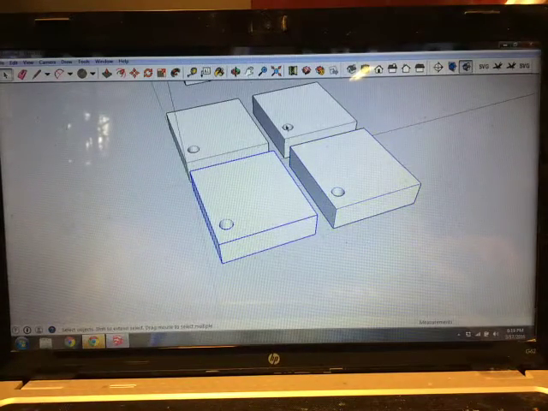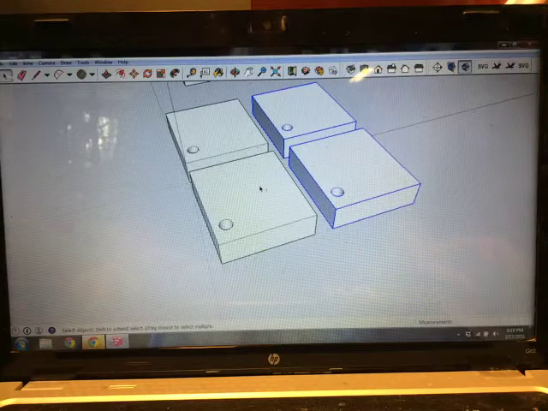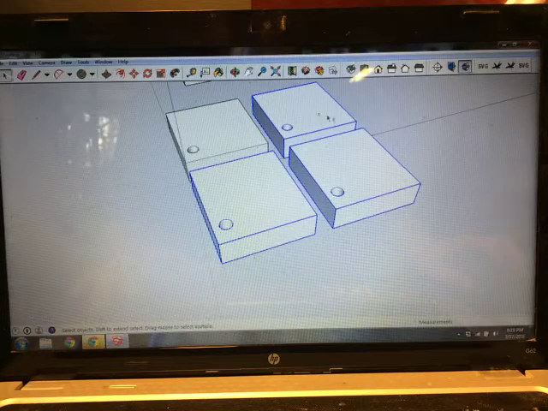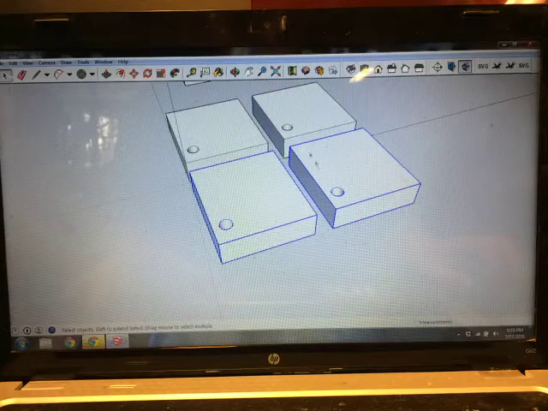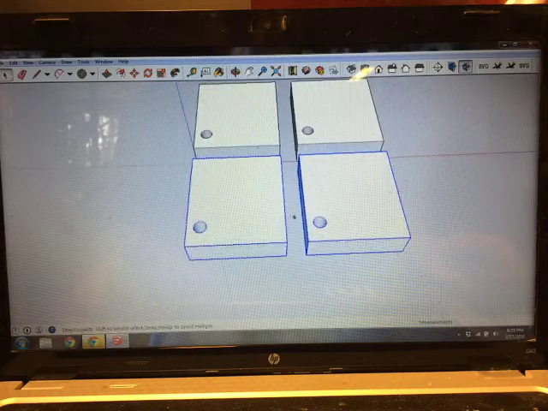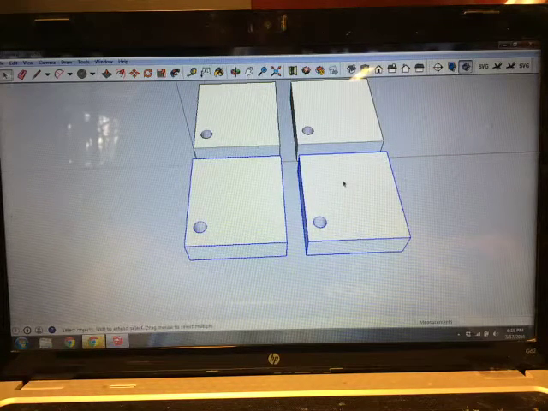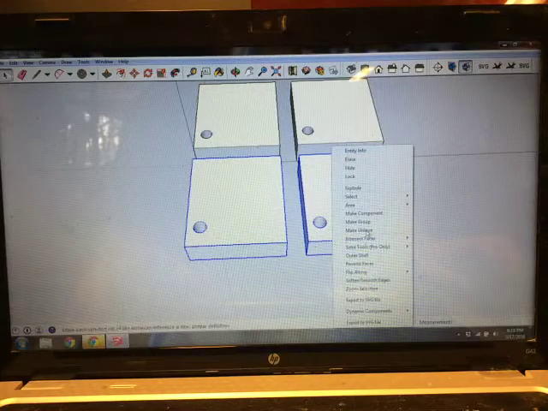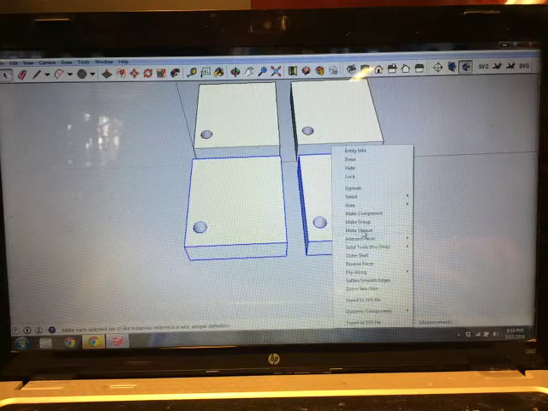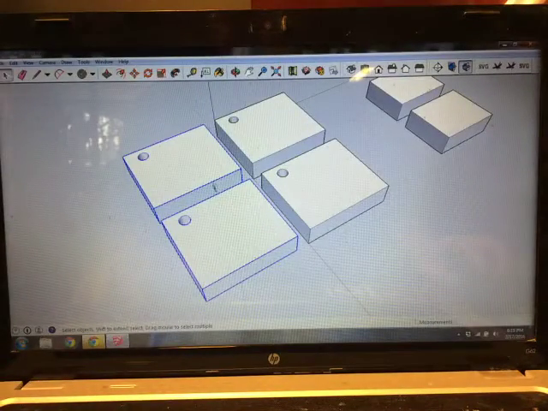Or you can hit shift. Like I can choose this one, hold down shift, choose this one, and say, oh, I didn't want to choose this one, and still with shift held, you can deselect it, adding or removing it from the selection. So these two we want to make a separate component. You can select them both, right click, and say make unique. Now what that does is it makes them still both a component,